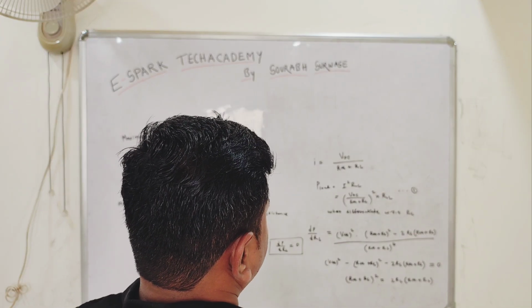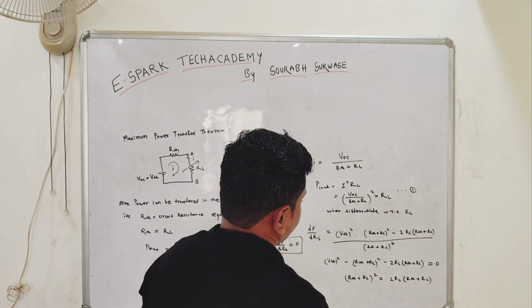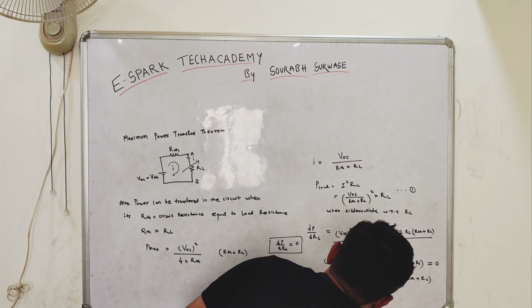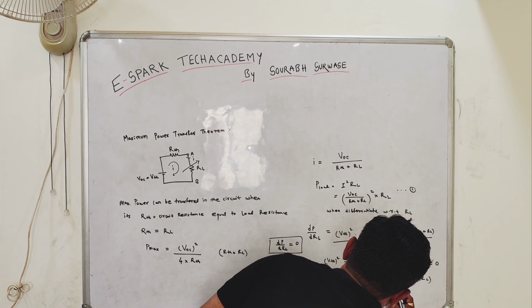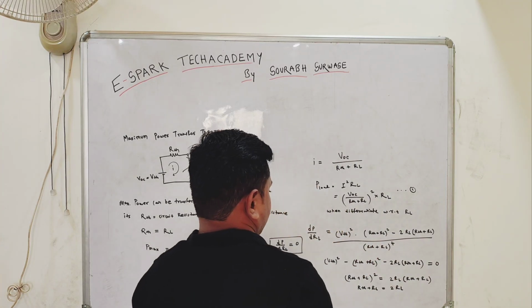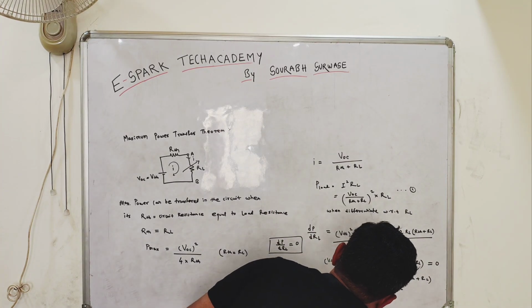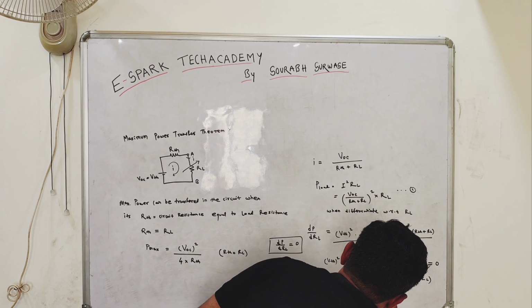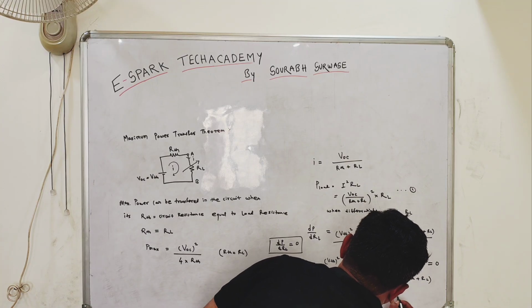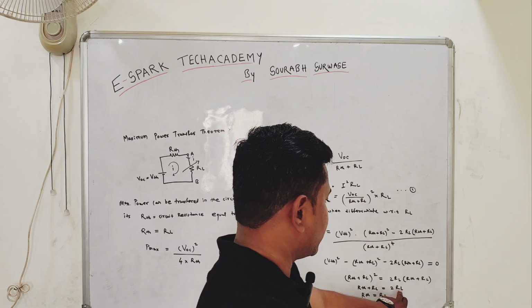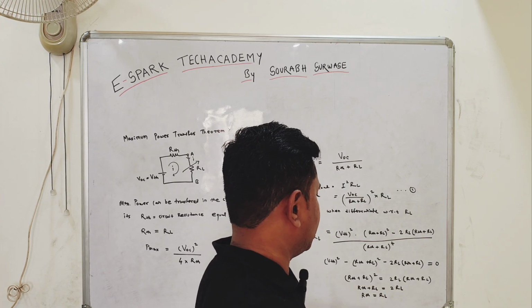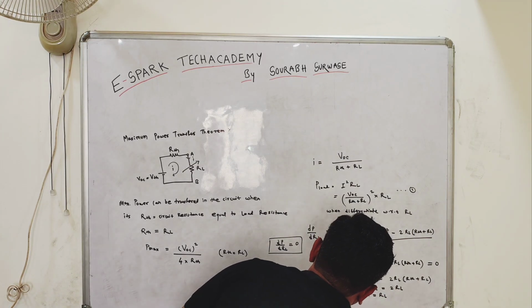Now from this you can say RTH plus RL is equal to 2 into RL. Now RTH equal to RL, just interchanging, 2RL minus RL will become RL and RTH. Hence we have proved